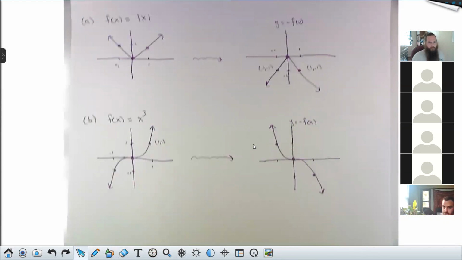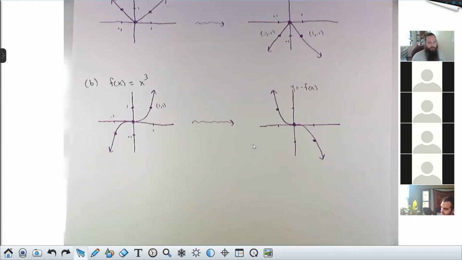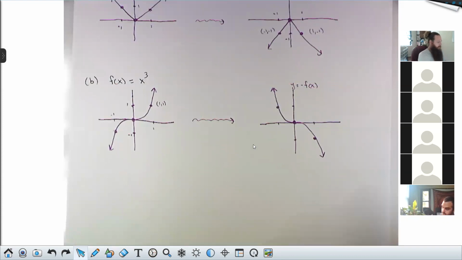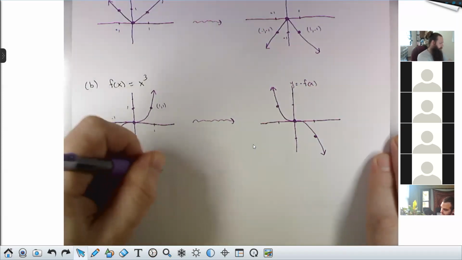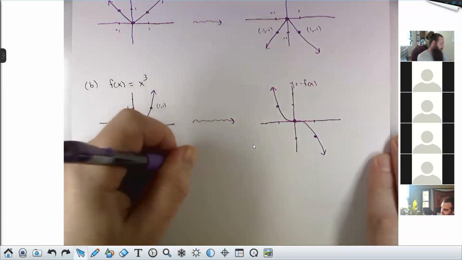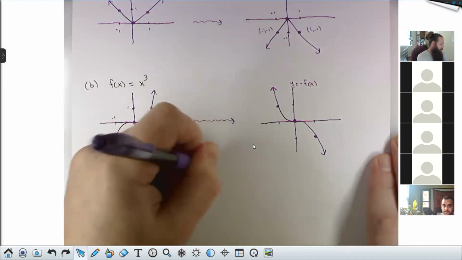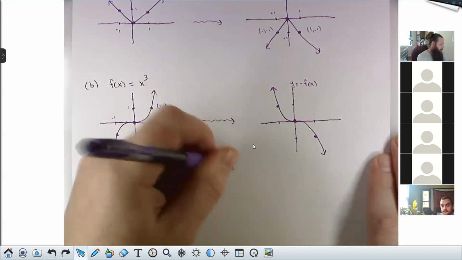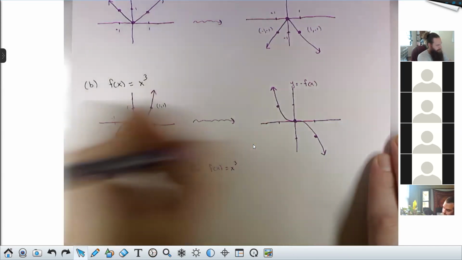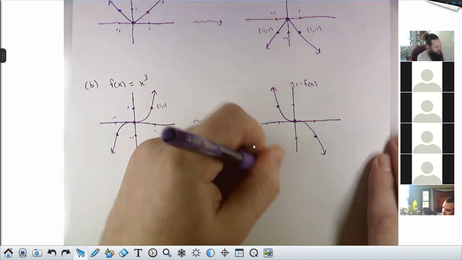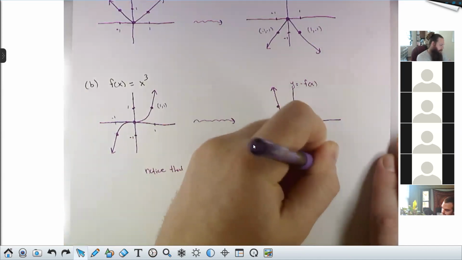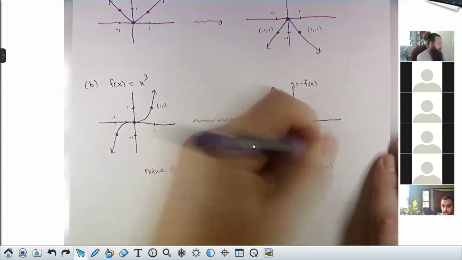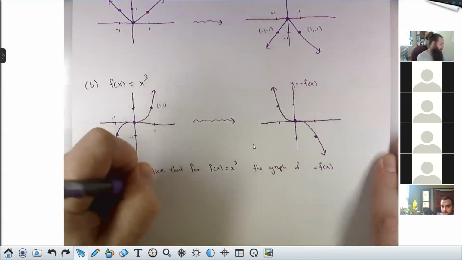And then the thing to notice about this last guy, the graph of negative f of x is the same